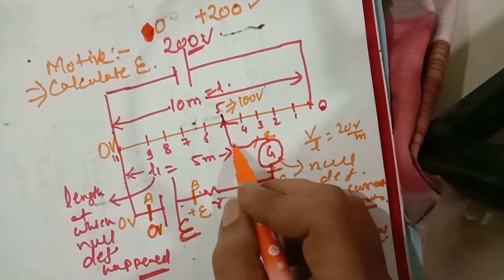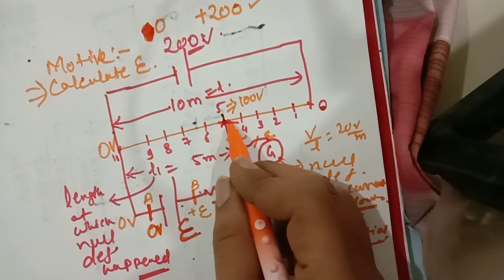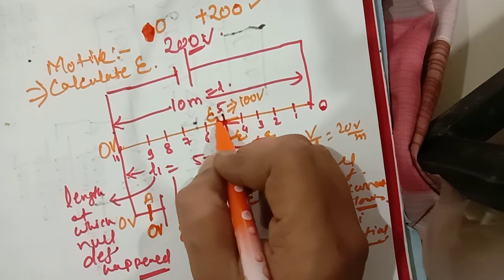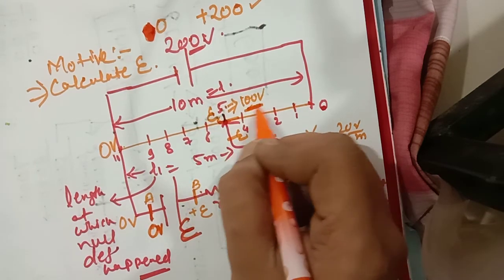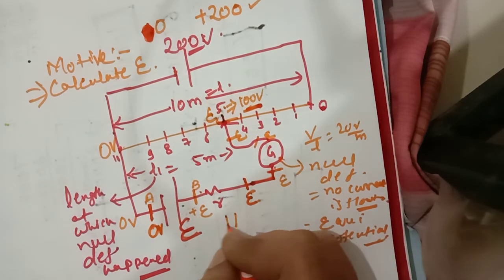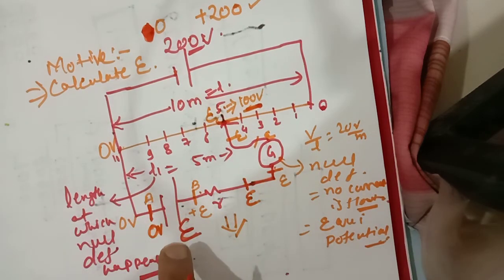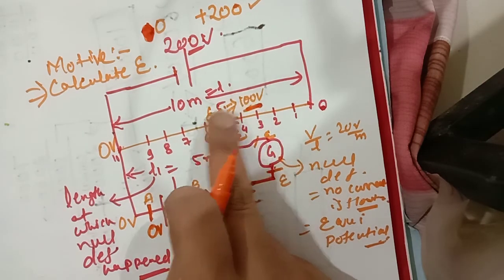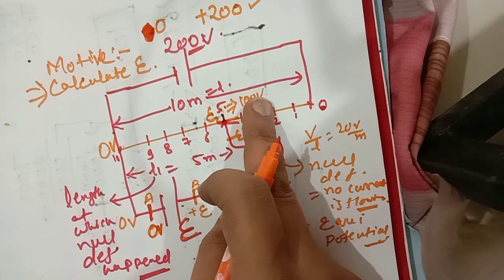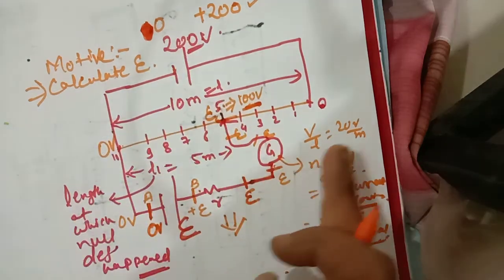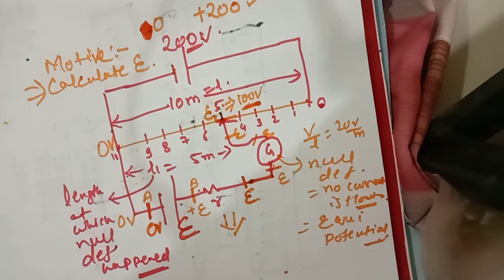It's also E, every point it's E, and what's E? It's V5, and what's V5? It's 100, right? So I made you understand practically why E is 100. Okay, and how can we find V5 as 100? Either go by decreasing every meter by the voltage gradient, or by directly calculating.